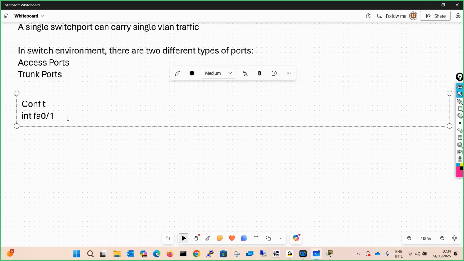By default, it will carry the traffic of VLAN 1. Yes, Ahmad, be patient. Your question will be answered very soon. If I explain everything over here itself, then this lecture will become the last lecture. So be patient. If there is no membership assigned, then by default it will carry the traffic of VLAN 1, because by default all the switch ports are members of VLAN 1.